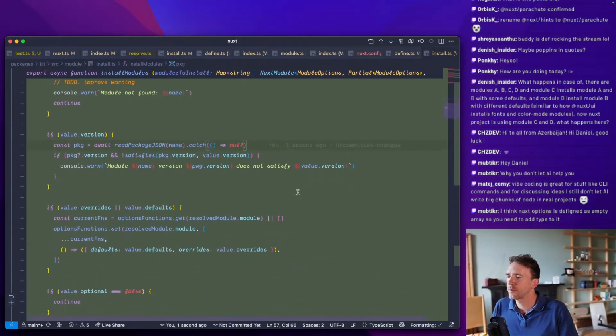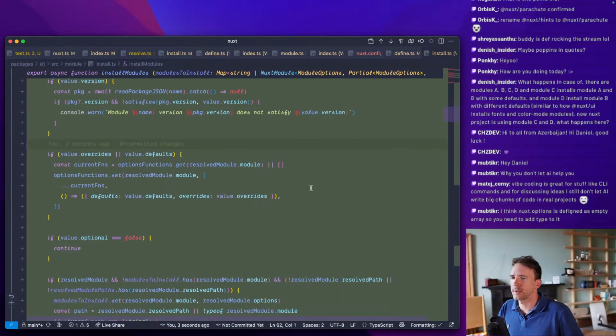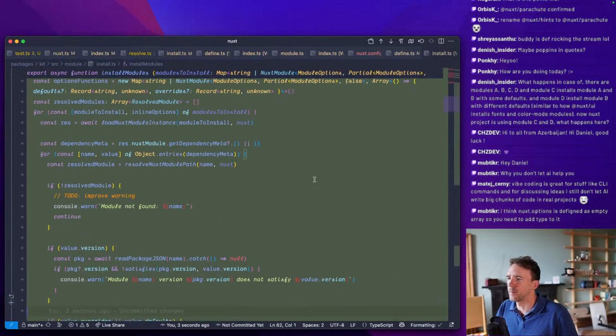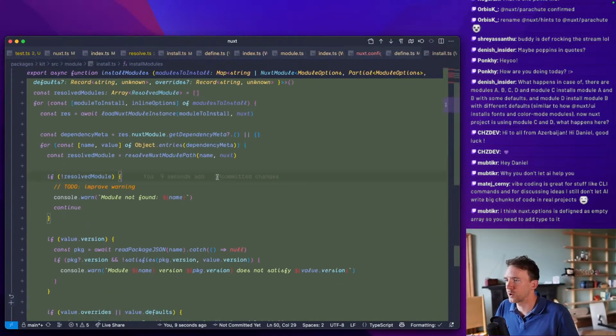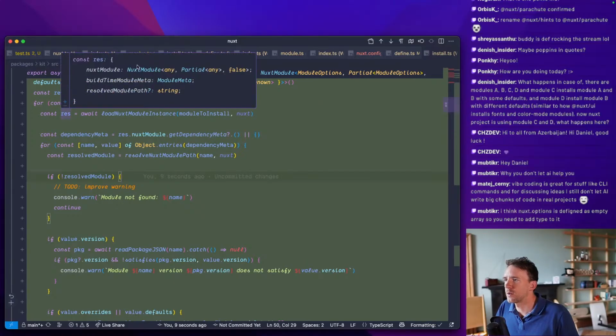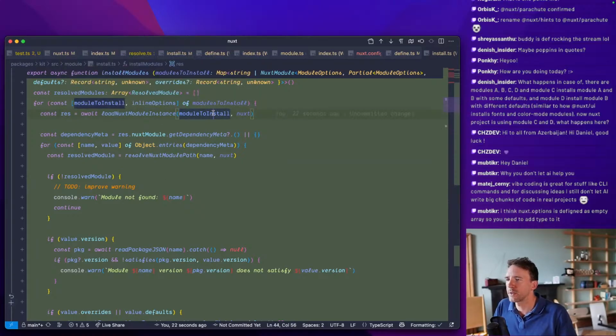Okay, we need to improve this because we need to basically specify which module cares about it. So we have our module, we have specifically our resolve module path, I guess. And this is either a function or